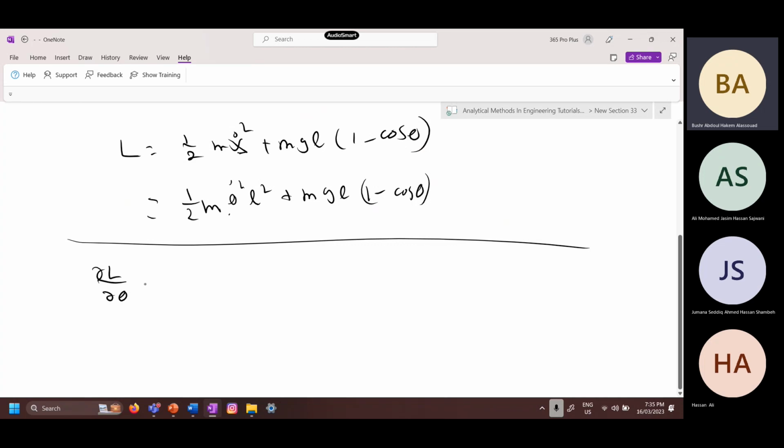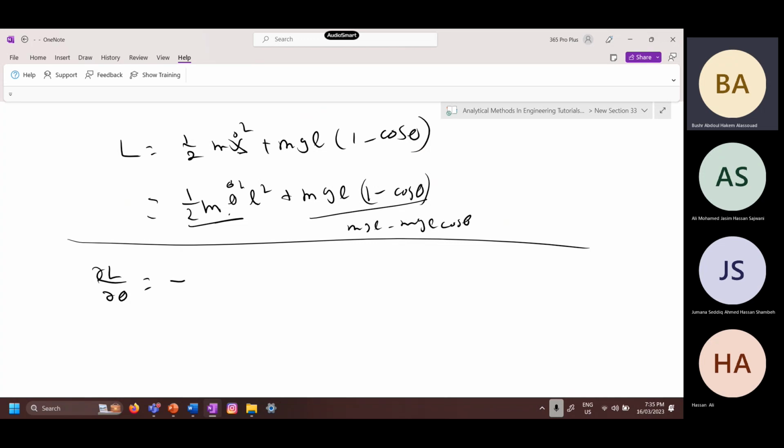Partial L over partial theta is equal to, solve this. This is a dot here. Now this doesn't have any theta, so its derivation is going to be equal to 0. And for this one, we have mgl minus mgl cosine theta, right? So derive it,